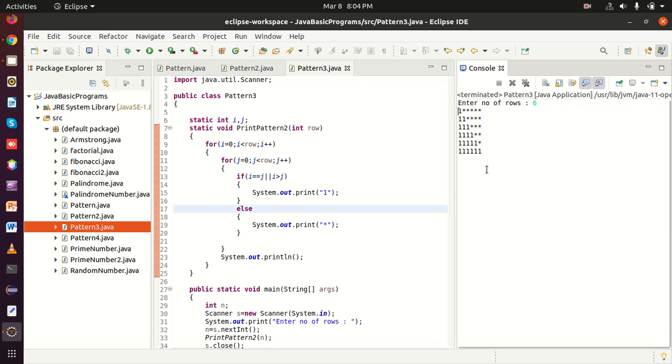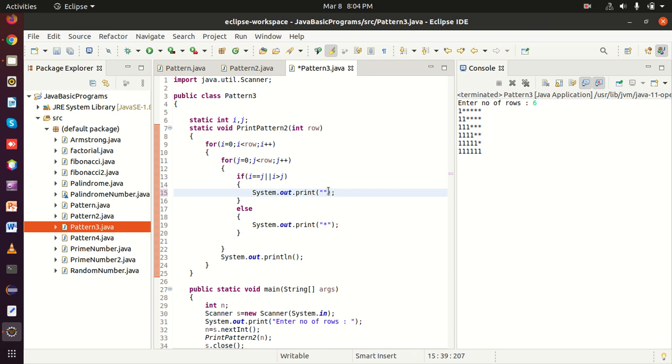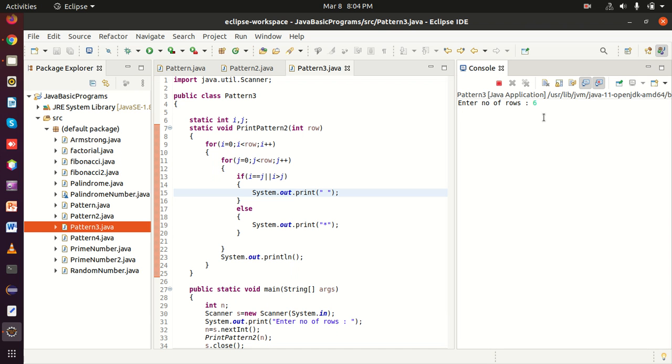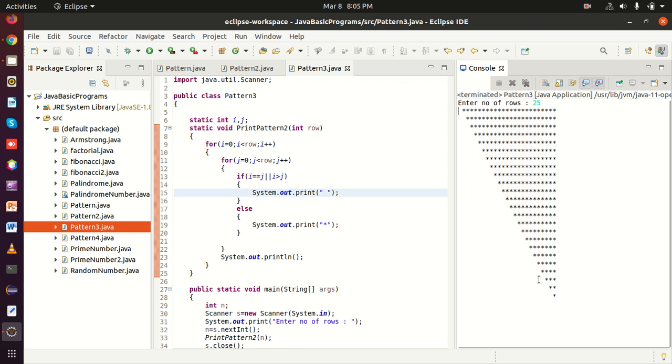Instead of 1 I am going to print a space, so we are able to see a clear picture of the pattern. So 6 here; if I give the input 10, we can see here. If I give the input as 25, you can see here 20 up to 25. So it depends upon the user what input they are going to give.